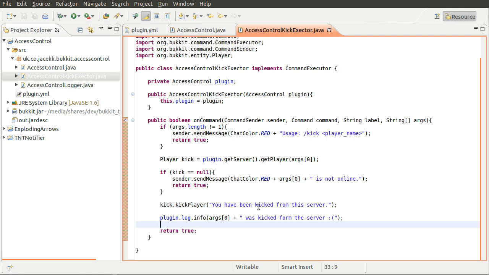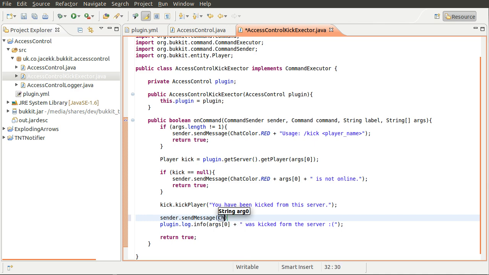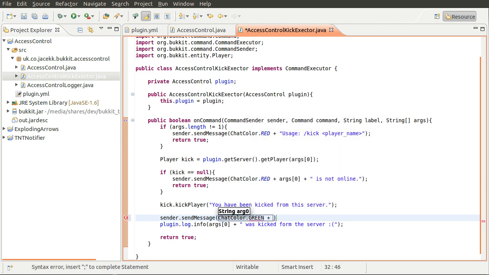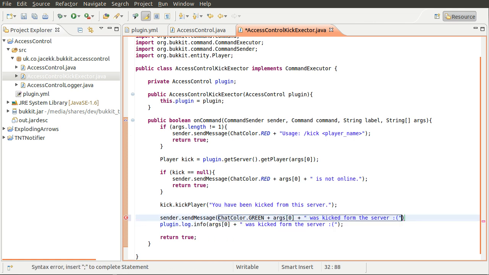And also it's probably worth showing a confirmation message to the person that sent the command. So as well as logging it to the server log, what we can do is just send them a message. So we can do sender send message, and we'll make this green this time because it worked. Chat color green, not grey, because that's very horrible. And we'll just say the same thing as down here actually, because it'd be easier for the sake of time. Okay, there we go, and that should now work. So what we'll do is give this a quick export,